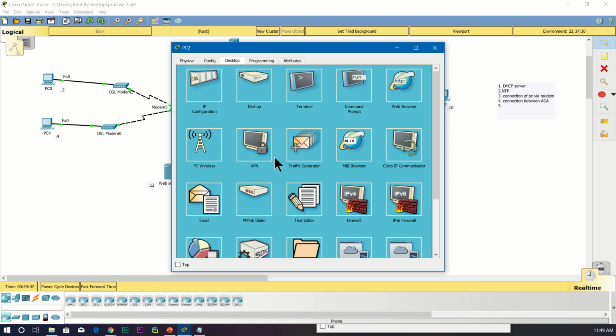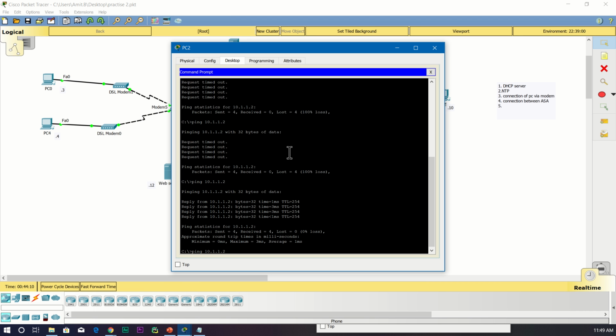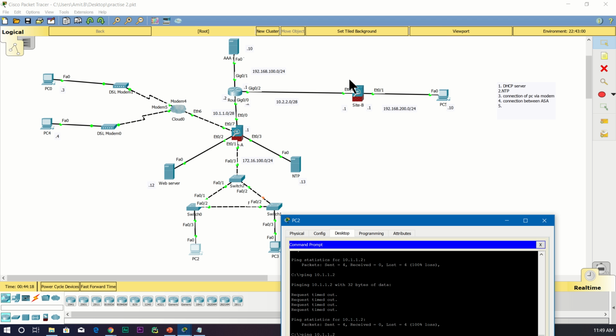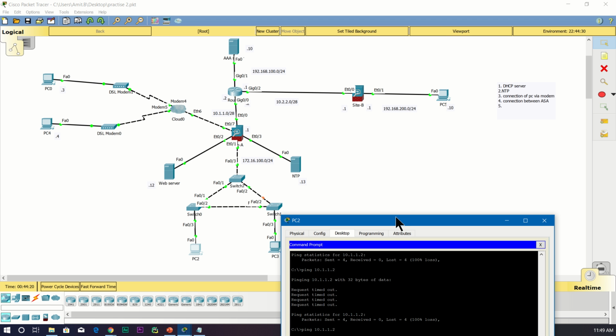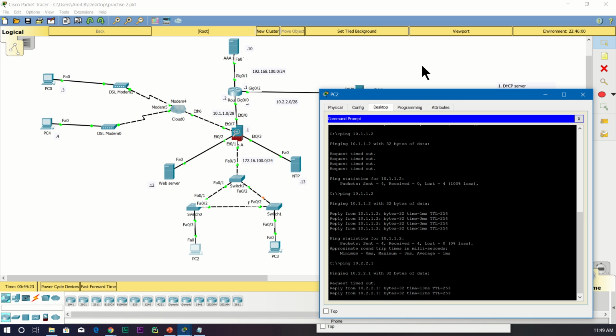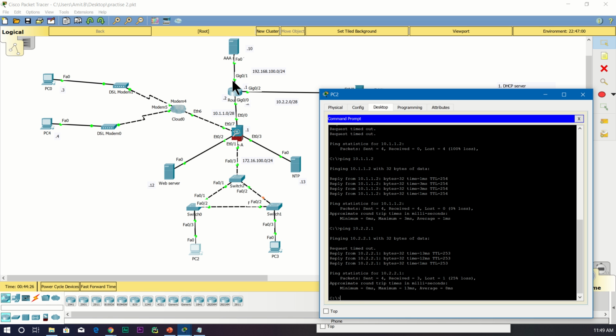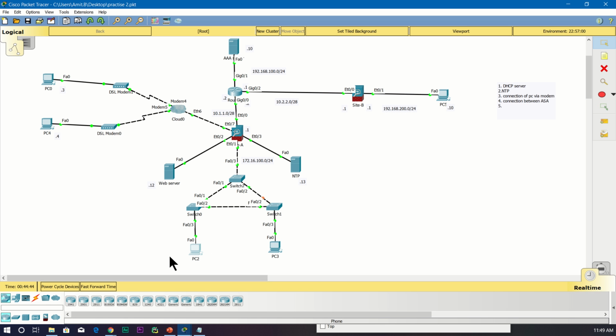Now let's try to ping to go to this 2.2.2.1 network. I'm pinging to here. Can I go through? See, I can go through now. It's because I have the route. I can go up to here, and it will check where I want to go and whether I have the route. This ISP router has a route to this one, so it's just sending me. So now I'm able to ping from here